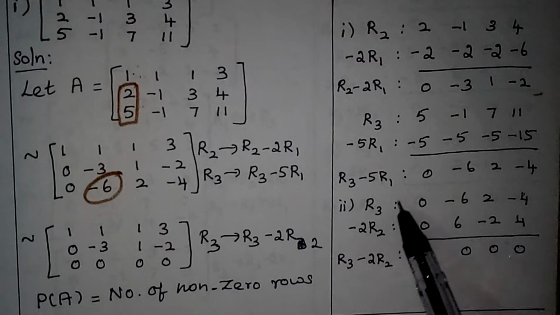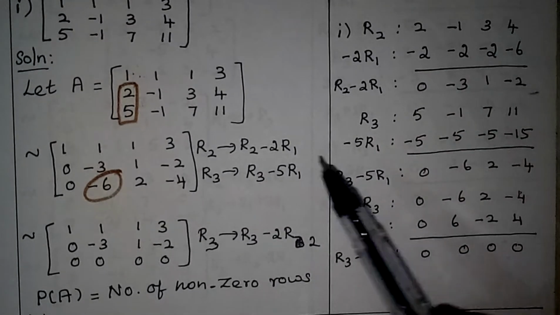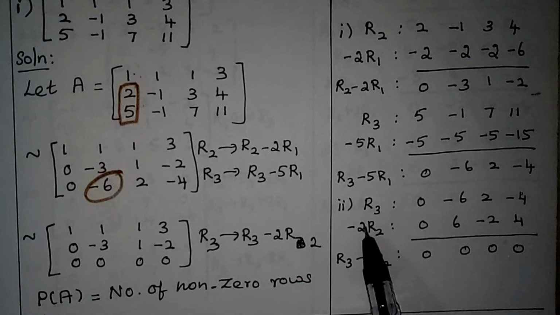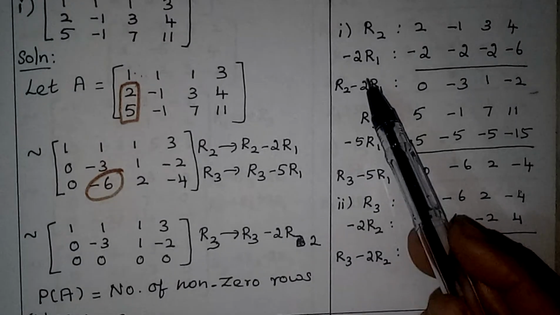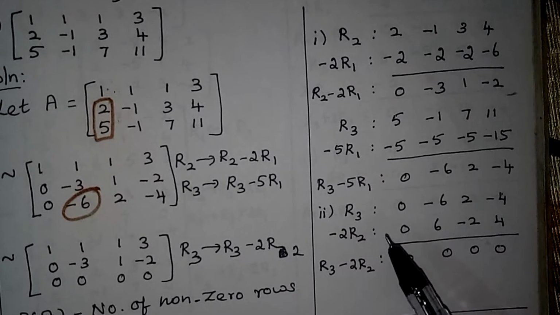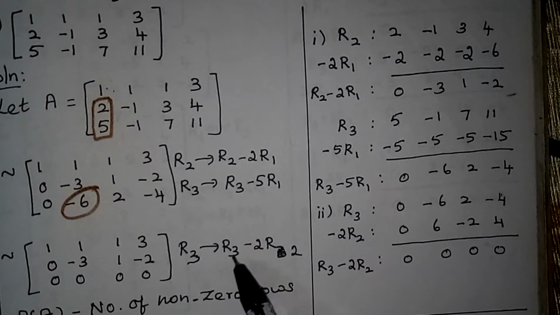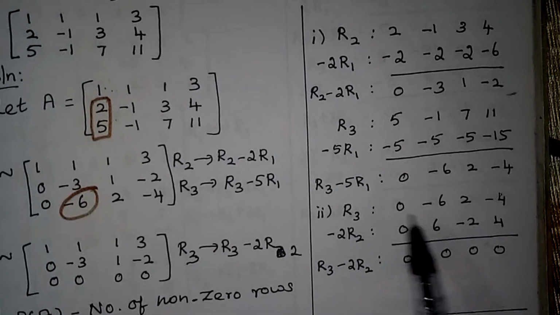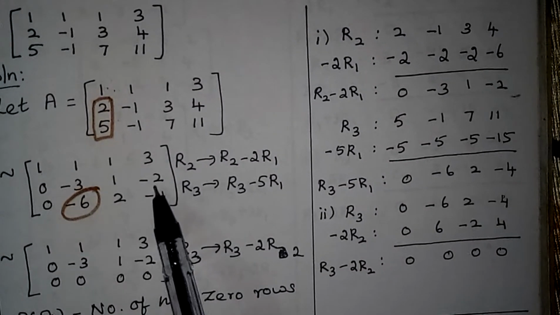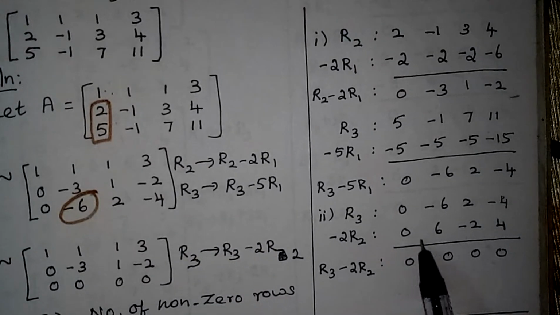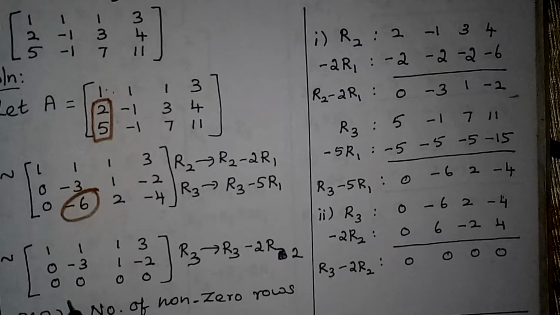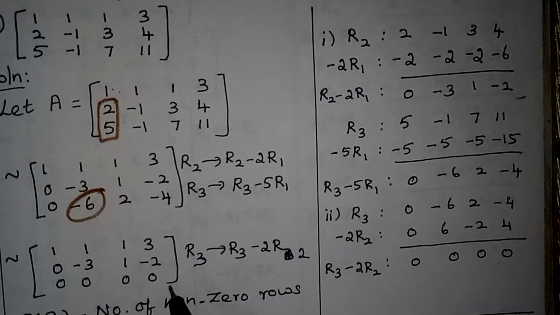So for R3, why I have written first subdivision, second subdivision means the first equivalent matrix calculation is this, and the second equivalent matrix calculation is this. For that only I have written first subdivision, second subdivision here. But you can do it as mind calculation also if you want. So first we have to write R3, so write these R3 elements. Then minus 2 times R2, so multiply this by minus 2 and add both. So 0, 0, 0, 0. So in the last row all the elements will become 0.